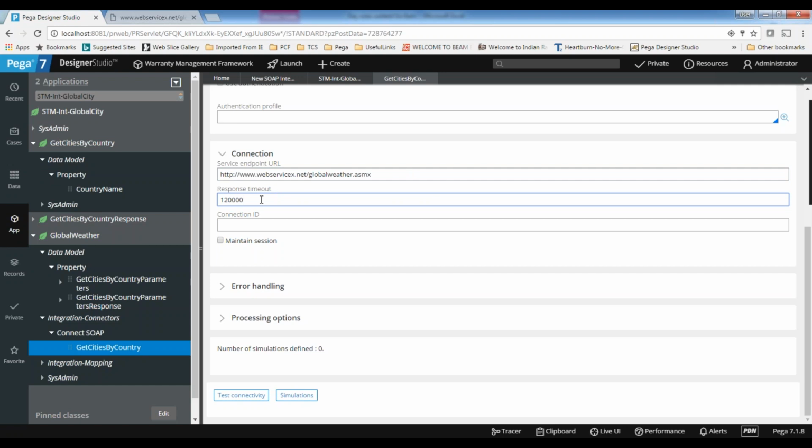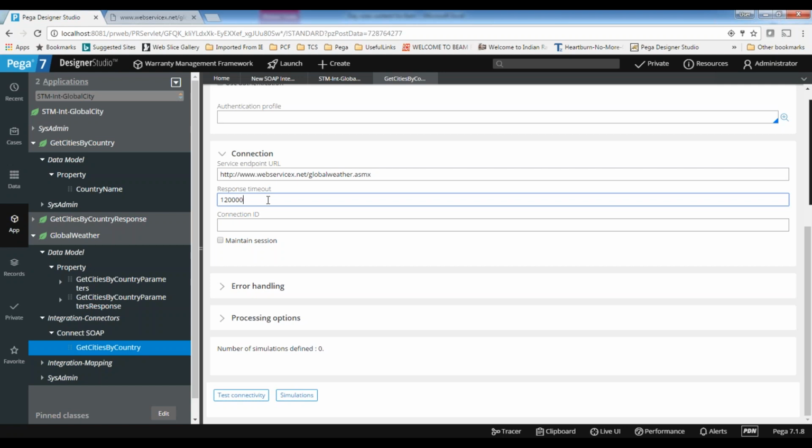That means 2 minutes. Once I send a request, if the response does not come within 2 minutes, then the system will throw a response timeout exception. There is a chance to modify this.